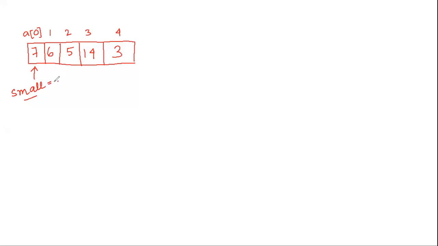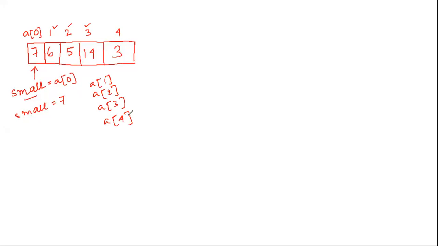So first, if I declare my small to be this, what does it mean? Small will have the value of what is there in my array in the 0th location. So accordingly, my small variable will have the value 7. So I am starting from 7 and I will check with each and every value. I will check 7 with A1, A2, A3, A4, up to the last stage of my array. Whatever elements I have, I will check all the elements.